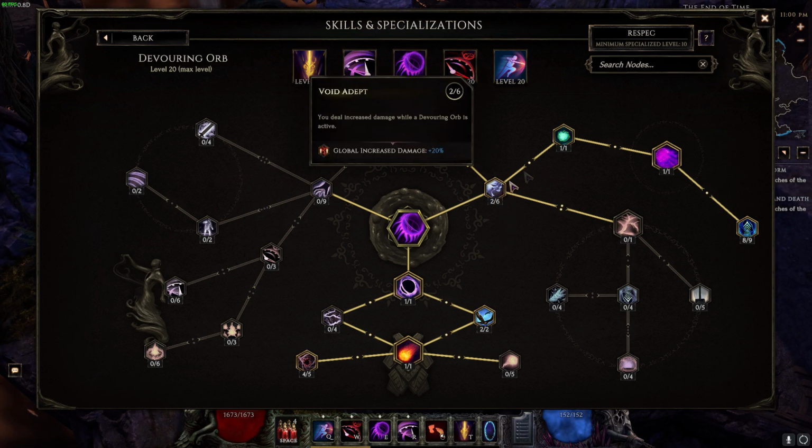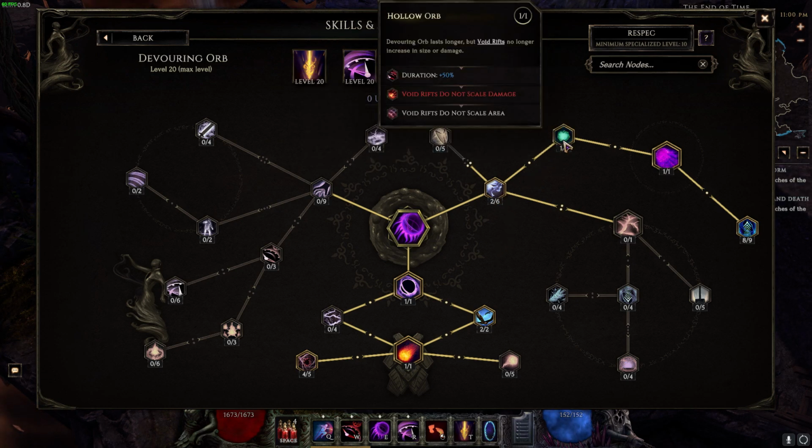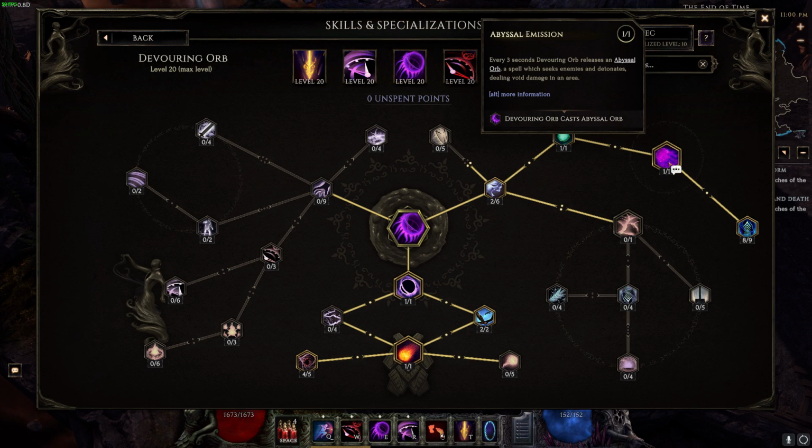We have 2 points in Void Adept, 1 point in Holy Orb. This gives you 50% increased duration, so they now last for 15 seconds. 1 point in Abyssal Emission, so that every 3 seconds it will cast an Abyssal Orb. So now you have the Devouring Orb, which will be spinning around you and can hit enemies, and it will be casting Abyssal Orb, which is another spell that can also hit